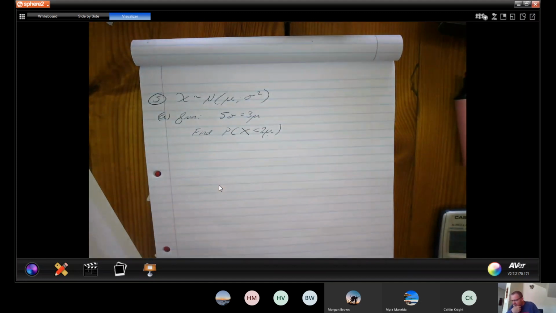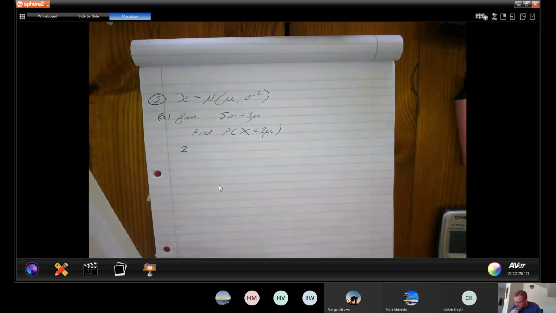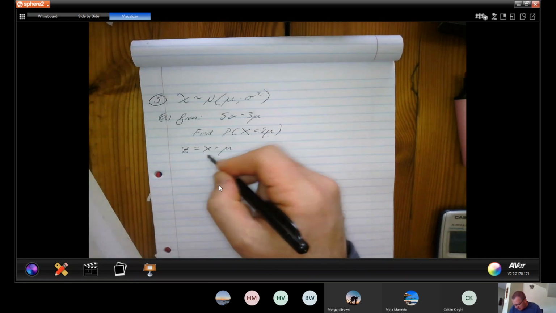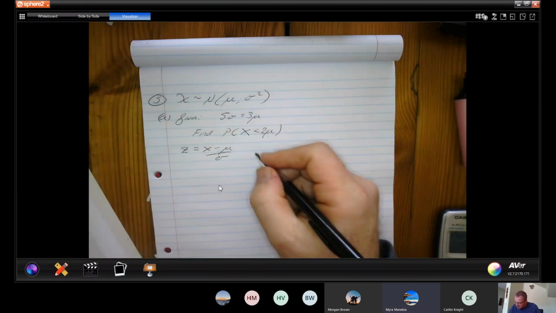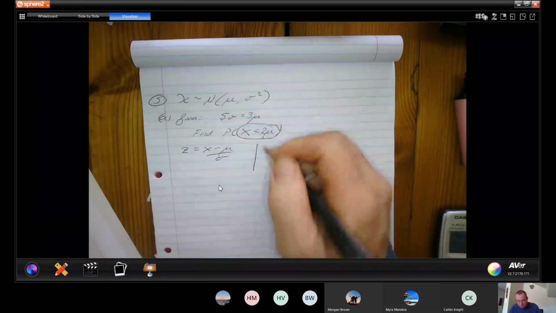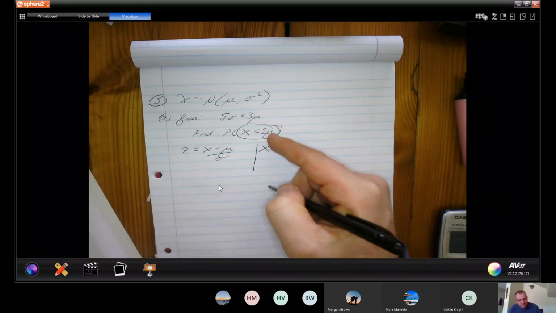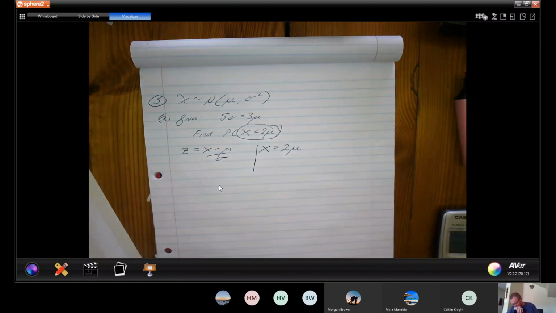So, what I'm going to do to start off, Mara, is quite a tricky question. But I would think we're going to have to look at this formula. So if I know that z is equal to x minus mu over sigma. And I'm looking at x scores there, right? So let's look at it. If we have an x score of 2 mu,